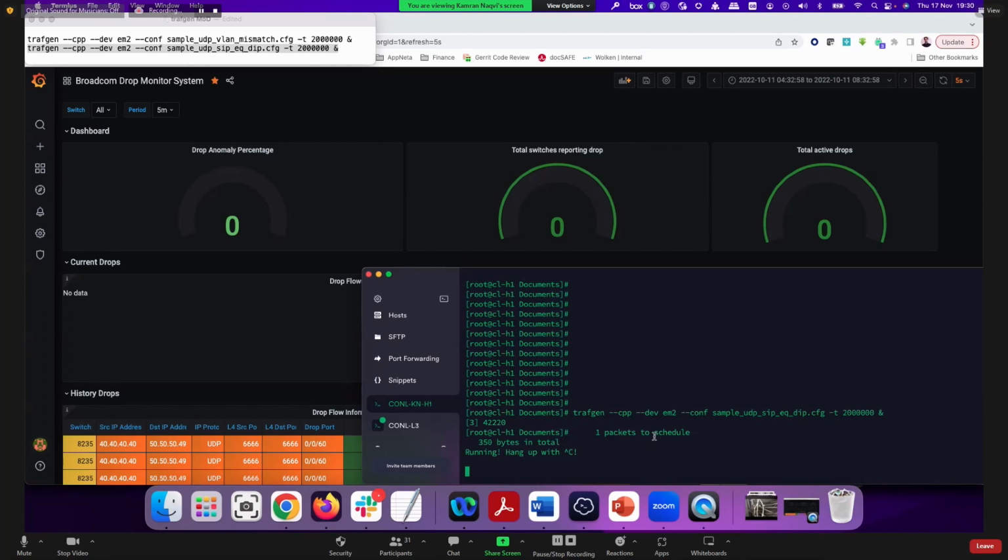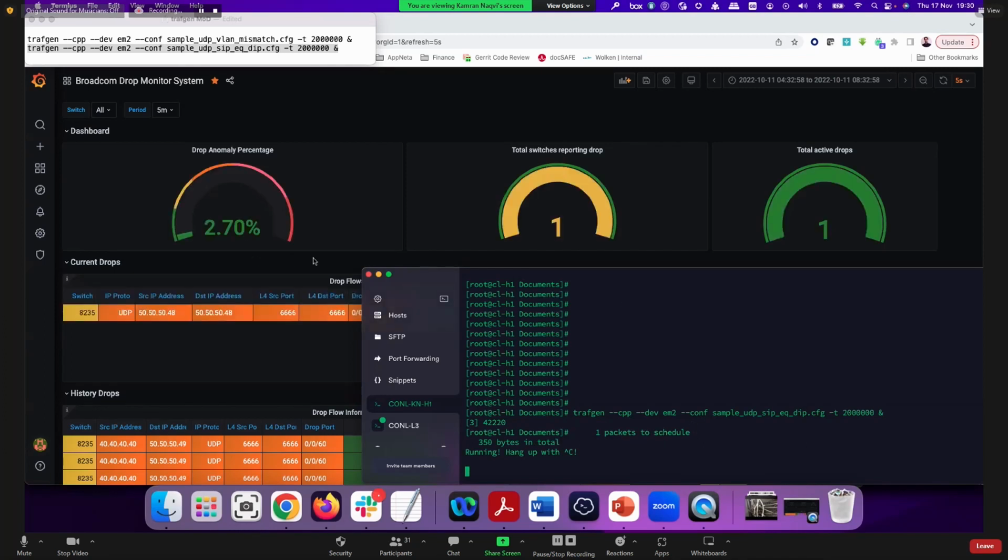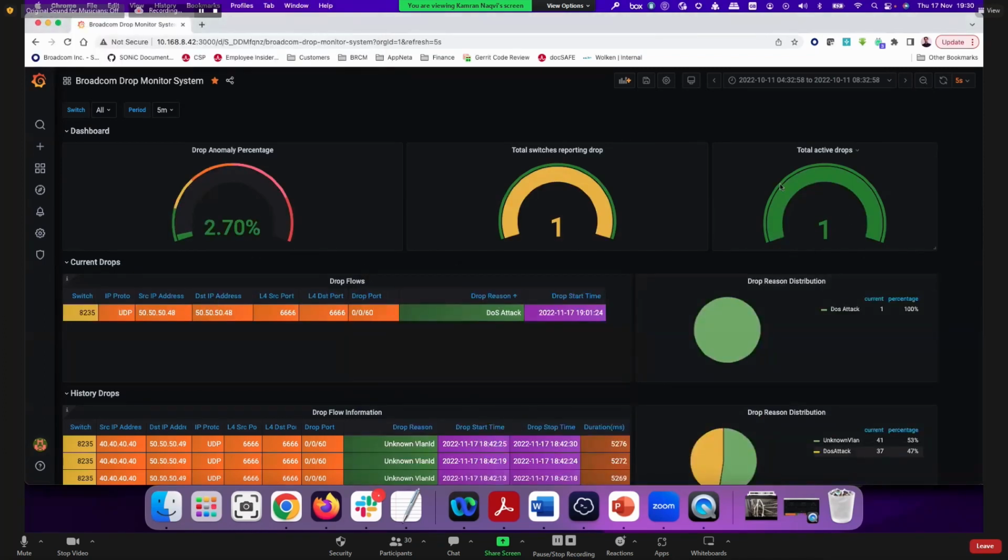So I've generated the traffic and there you go. Now we can see that one drop is happening. It is reported by one switch. And here you can see the switch ID. You can see the 5-tuples. You can see what is the source address, what is the destination address. You can see the port numbers. So you can see even before